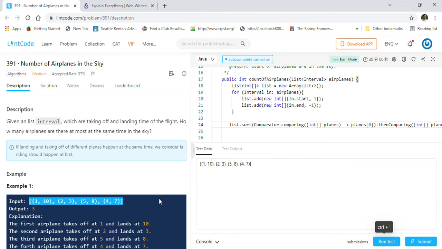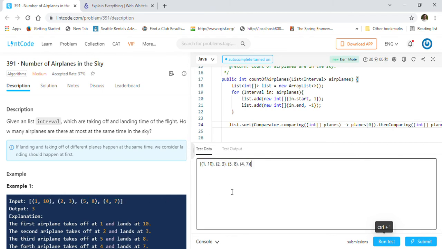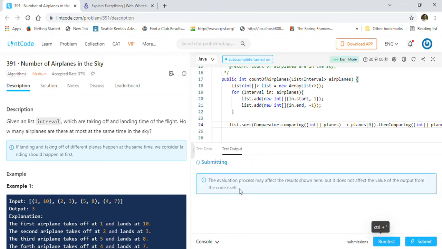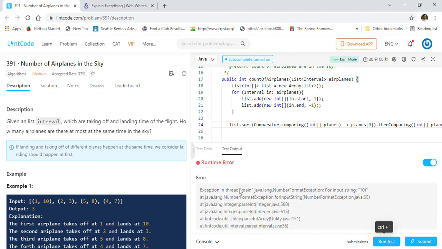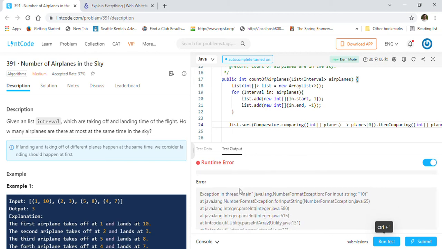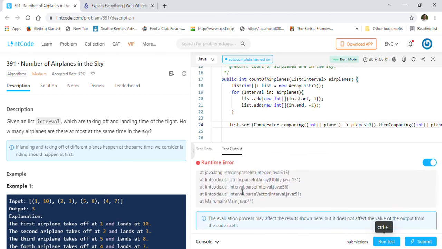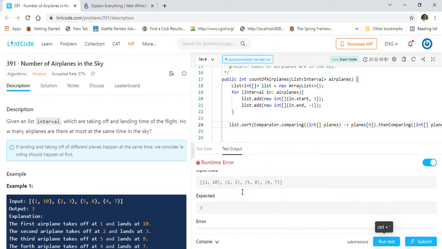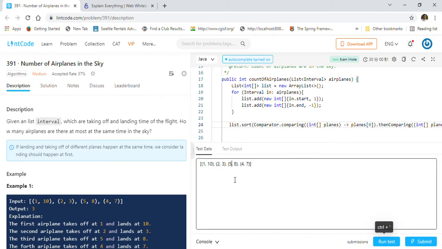Let me take this one again and run this. Number format exception. Yeah, there is some, I think, copy paste error.